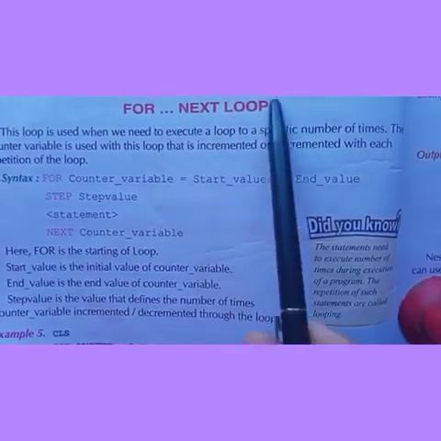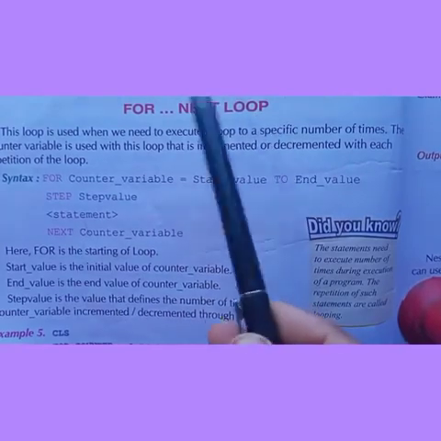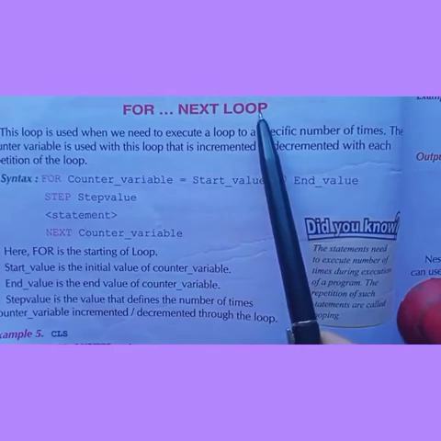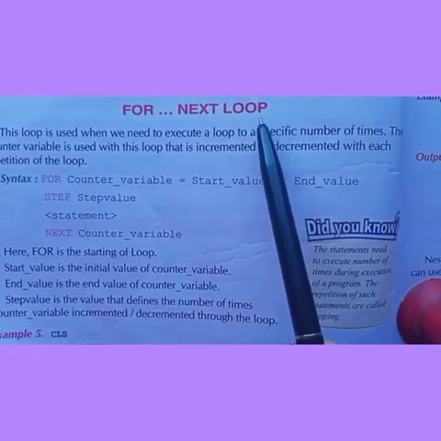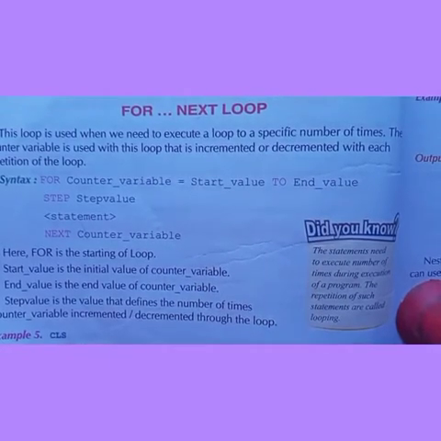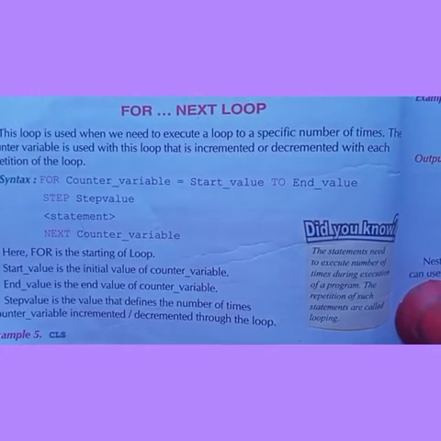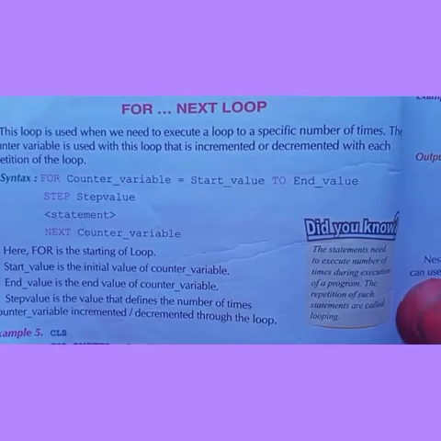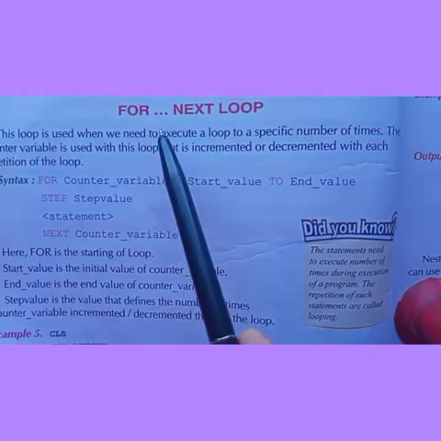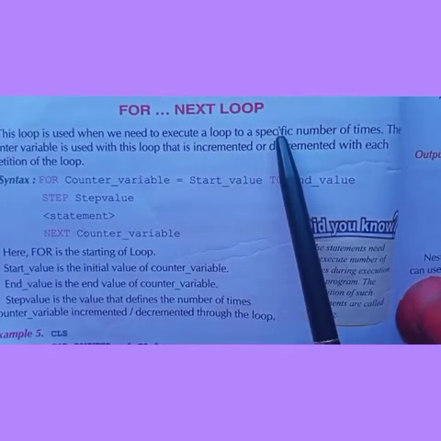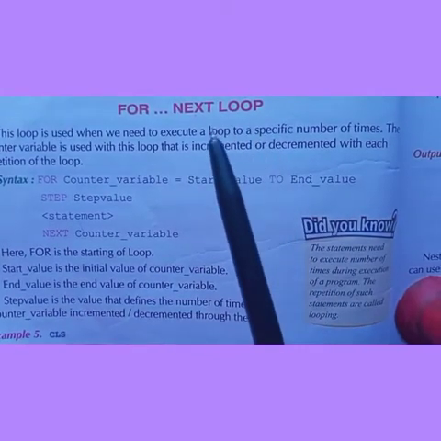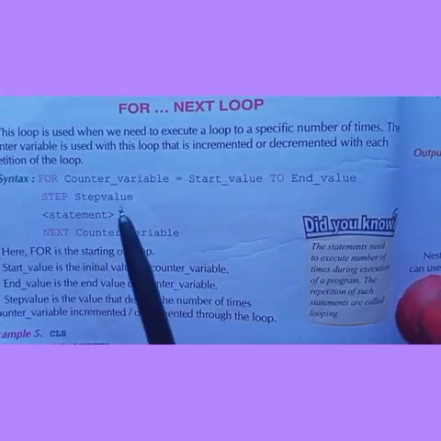Before we understand the working of the FOR NEXT loop, we should know the meaning of a loop. A loop is actually the repetition of statements. When certain steps in a program are repeated again and again, we call it a loop. There are a number of statements that can be used to repeat steps. The FOR NEXT loop is one such statement, used for executing a statement a certain number of times.